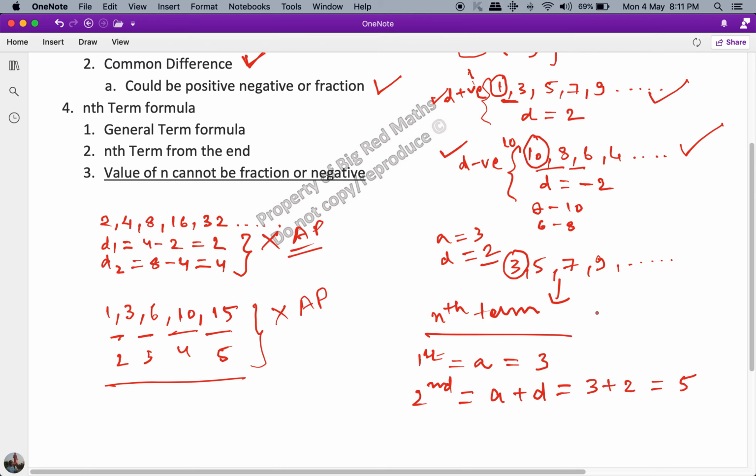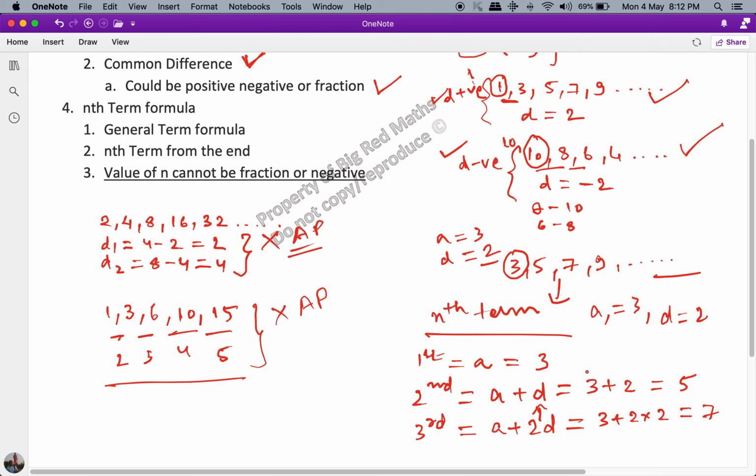Okay, because in this nth term of an AP, A is equal to 3 and D is equal to 2. We are working this example. Okay, the third term of the AP is A plus 2D, because I have to add D to this value. So this value is already A plus D. I add another D, it becomes A plus 2D. So this will be 3 plus 2 into 2, which is equal to 7.